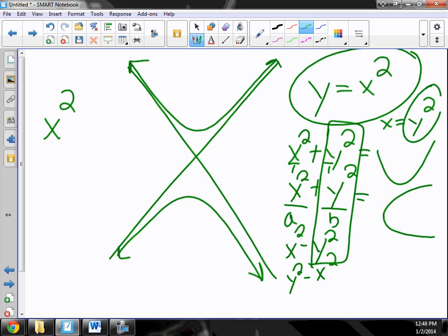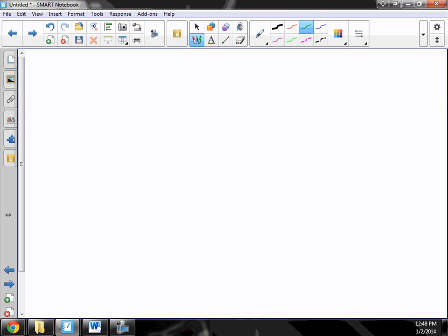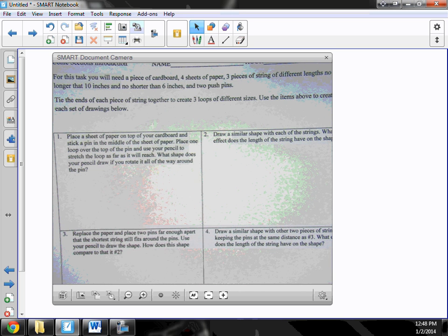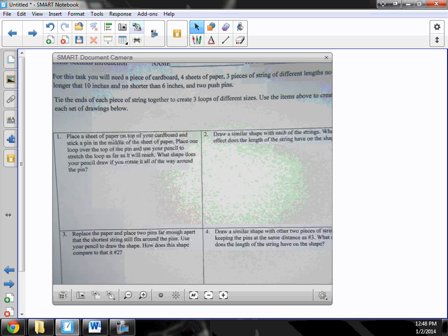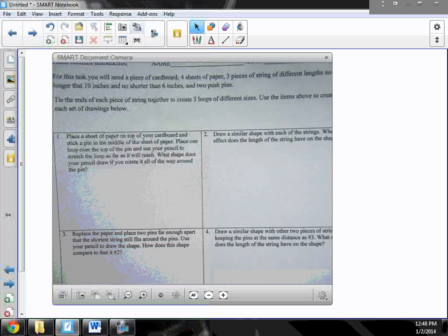Okay? So today we're going to play, we're going to kind of figure out how circles and ellipses relate to one another. So we have a worksheet. It's not this one, though. I updated it. It tells you what you need. So everybody needs to get their own paper, and the instructions say, for this task you will need a piece of cardboard, you might want two,